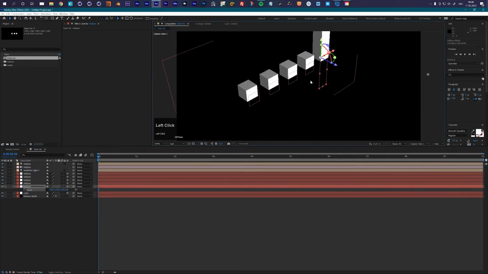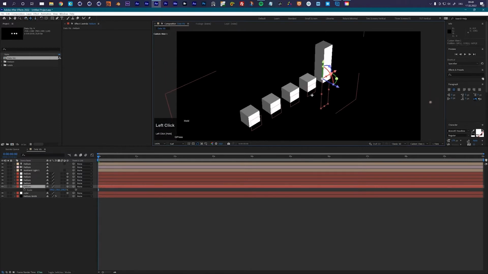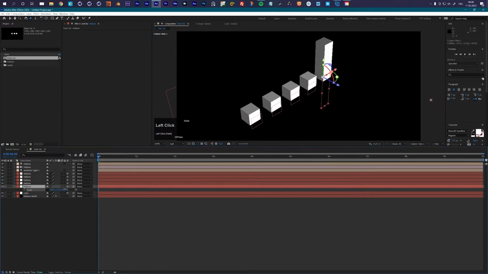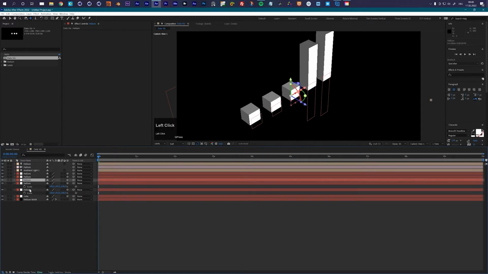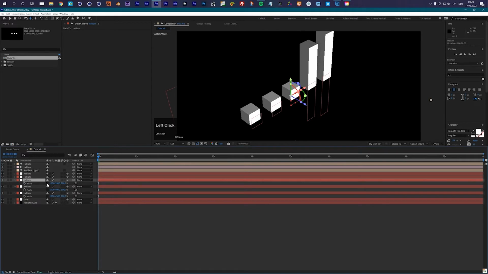Okay, so this is very good. For now, let's frame this a little bit better and let's create a quick setup here. So let's say I will go 450 here, then I will use the second one. Let's say this will be 400. Third one, always unlink the scale of